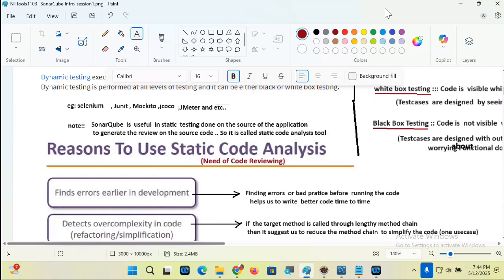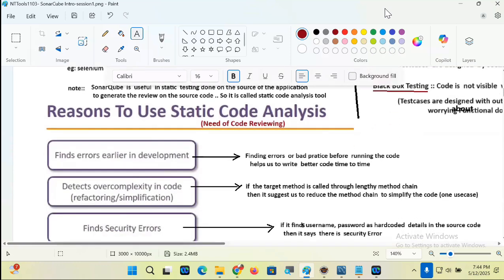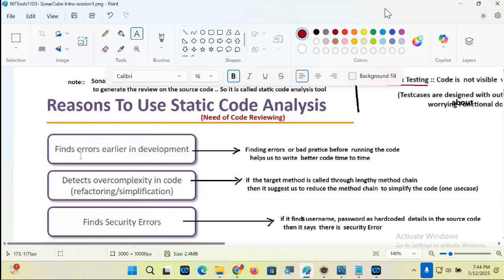It finds errors earlier in the development. Finding errors or bad practices before running the code helps us write better code from time to time. And before compilation, before execution, we are finding out the errors, right? So it's always better.